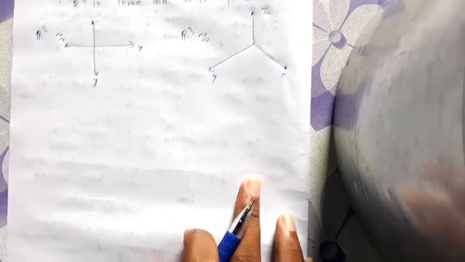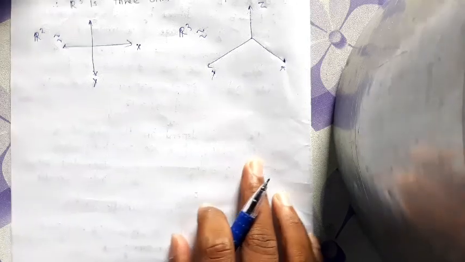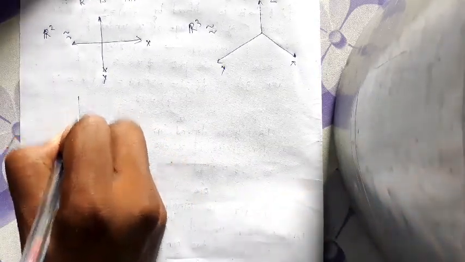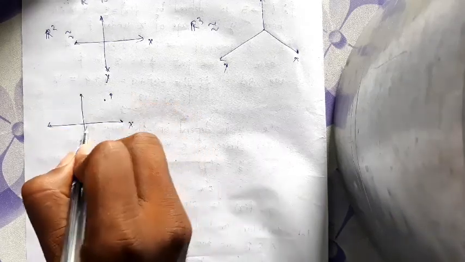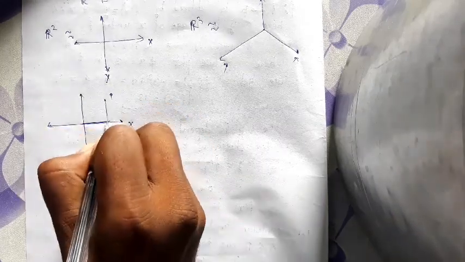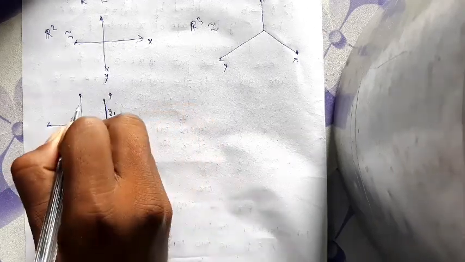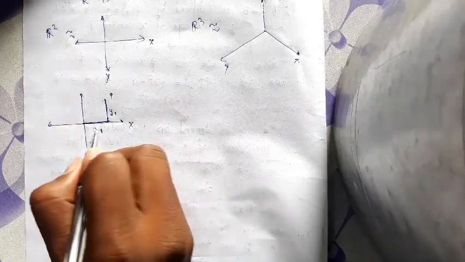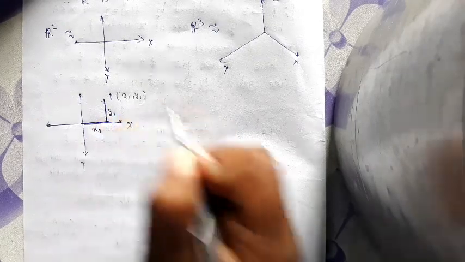Now we will discuss what the Cartesian coordinates are. You should know the Cartesian coordinates. Look at here, if we take the x axis and y axis and any point P, then it has two coordinates, along the x axis and along the y axis. Suppose we take x1, and this height is y1. This height is related to the y axis and this x1 is related to the x axis. So the coordinates are (x1, y1), isn't it?